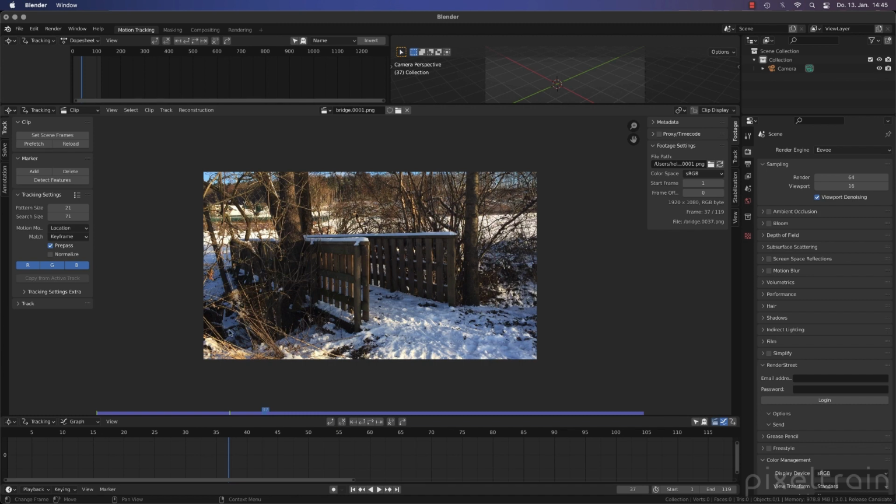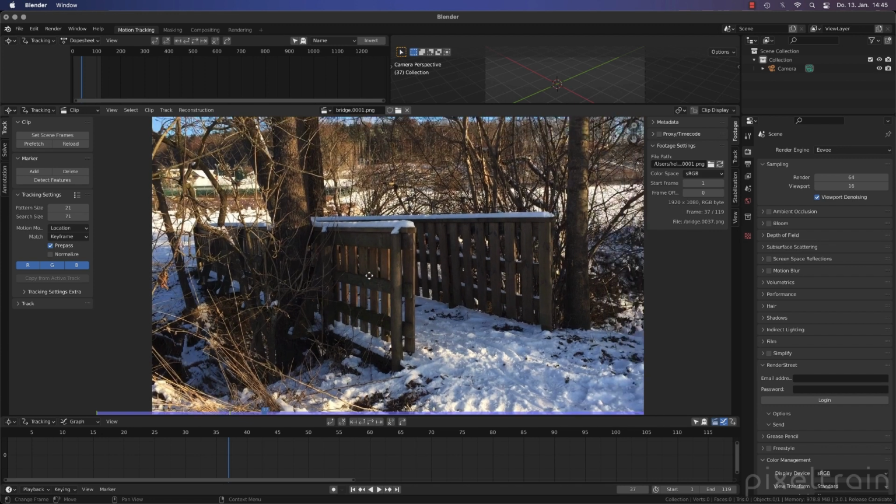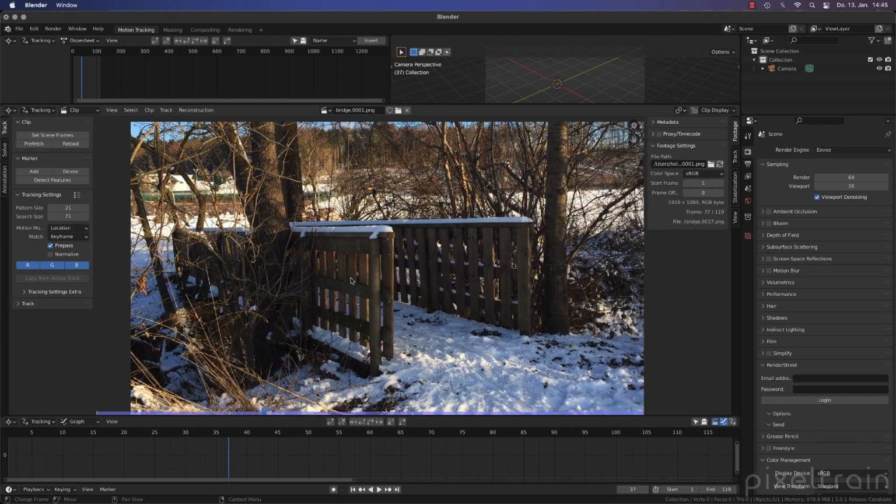Also, another thing I want to discuss here is all these branches here. They give you a lot of features if you like that, but the problem with these branches is that these patterns are really chaotic, so it's quite hard also for you as a manual tracker to keep the feature. Another thing is that we maybe have a little bit of wind, so it's moving, and you remember we don't want to track things which are too far away because this footage is only HD, so maybe the tracker can't really find in the pixel matrix a good feature. So be aware of that.